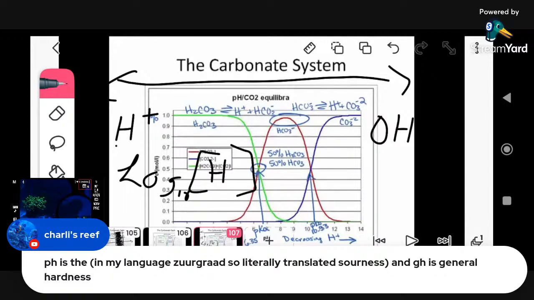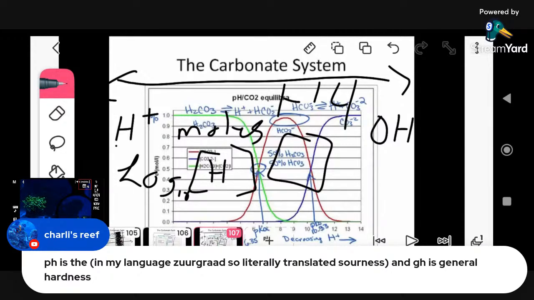So if you go to your calculator, this is in moles in concentration, not whatever units you use, but in moles. So you take the molar concentration of hydrogen and you plug it in the calculator. You take the log base 10 concentration of hydrogen, and that will give you a number. And that number is going to range between 1 to 14. And that is what is referred to as pH.